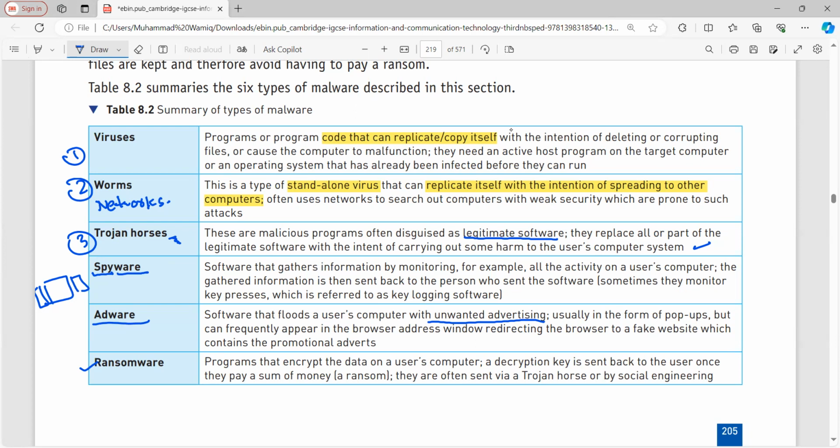So when the user clicks on them, it takes you to a fake website. The fake website asks you for your important information, and if the users enter that, that means the hacker now has all of your important information. So in adware, you should not be clicking on unwanted advertising that is on your website, on your search engine, or even on your computer as well.